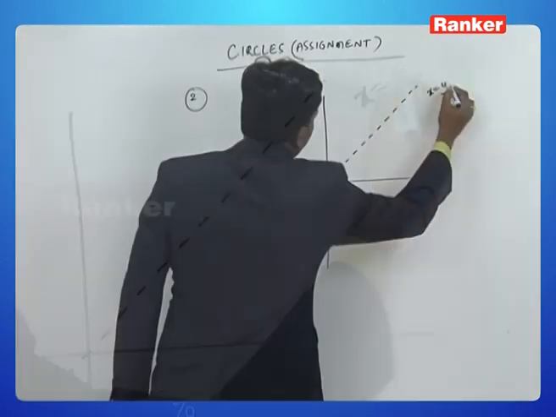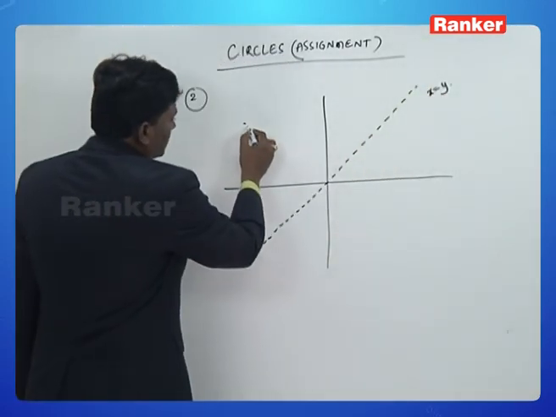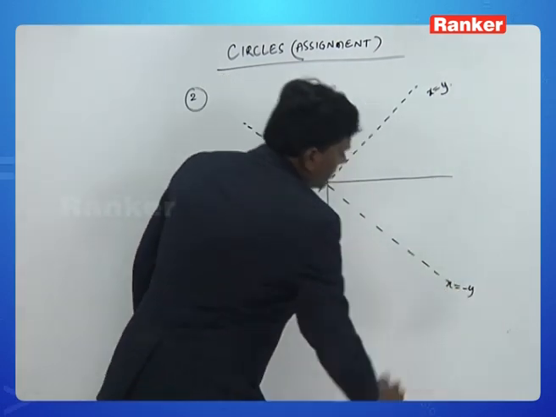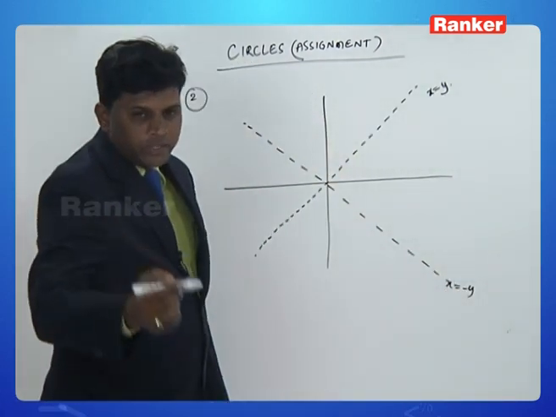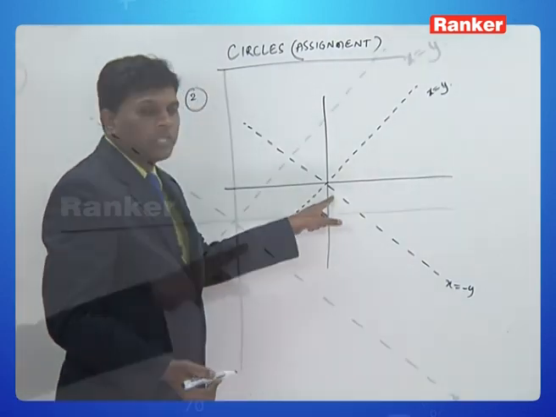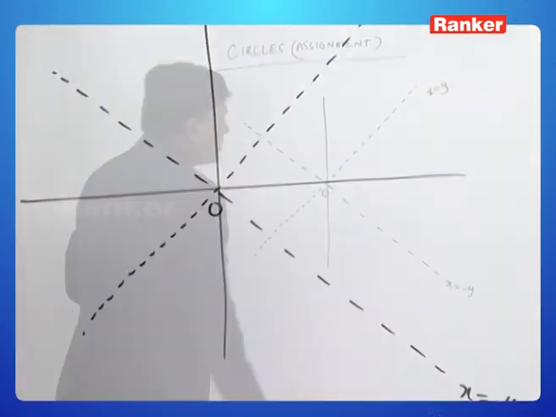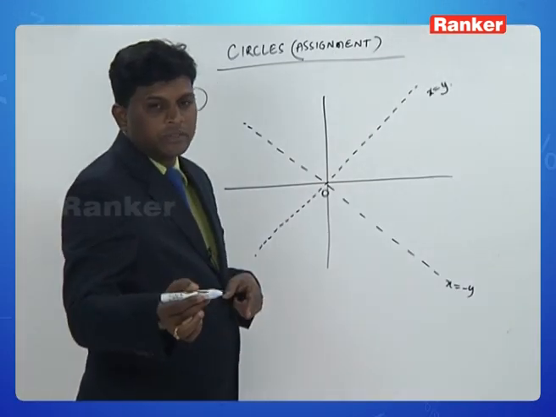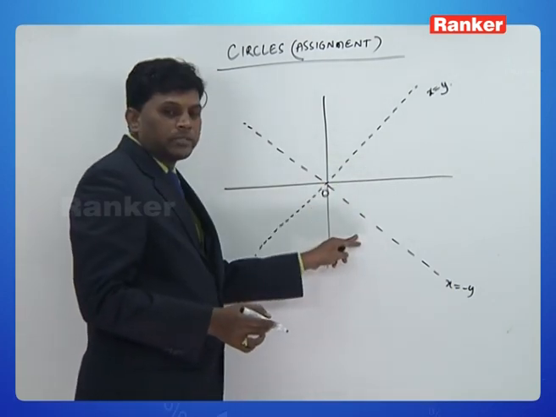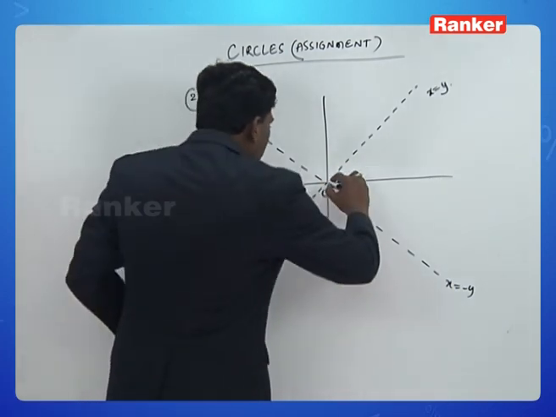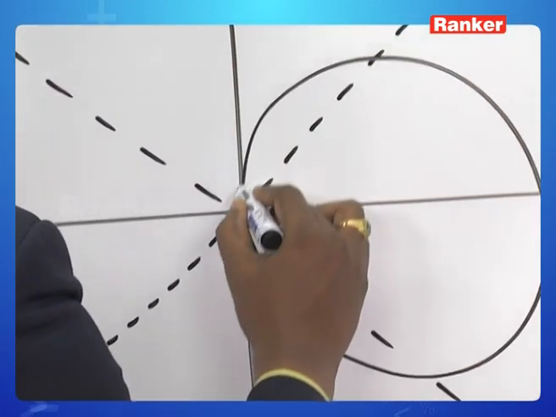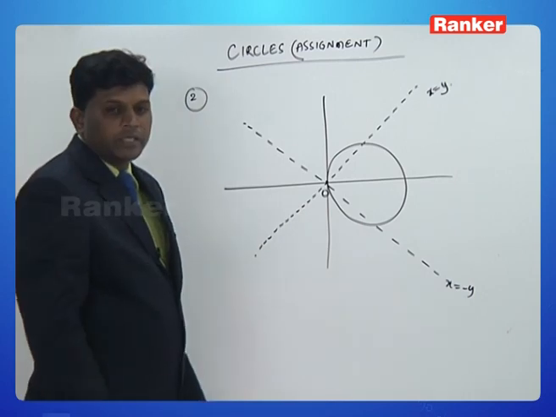This is the line x equals y and one more line given, x equals minus y. Clearly, according to the given question, we require a circle passing through the origin that also makes an intercept of 2 units on each of the given two lines. That means if we roughly draw a circle,